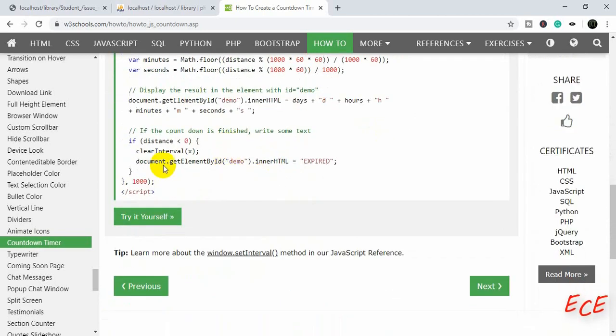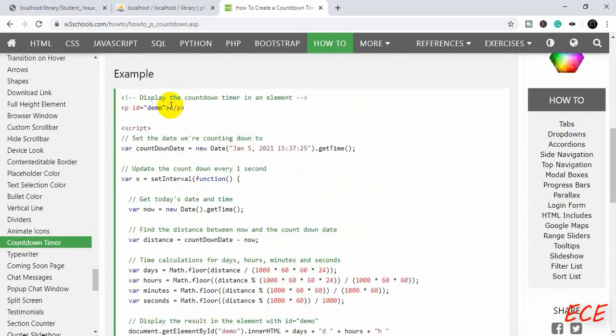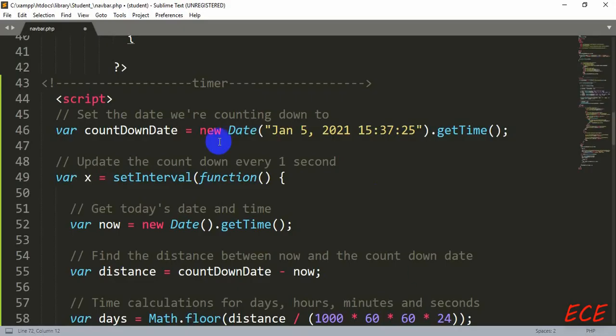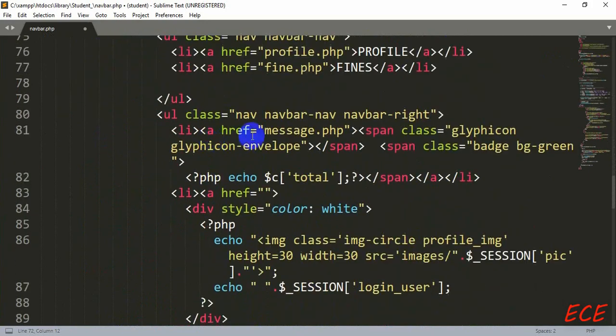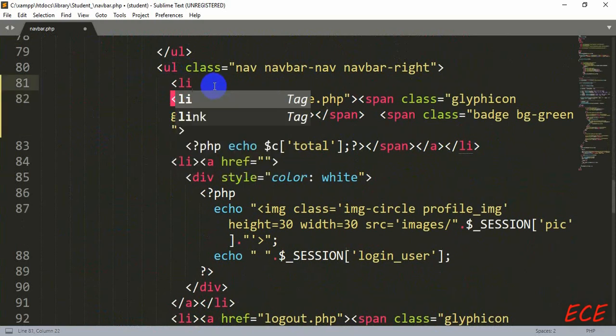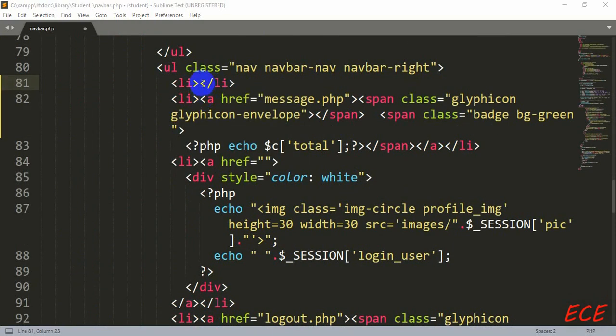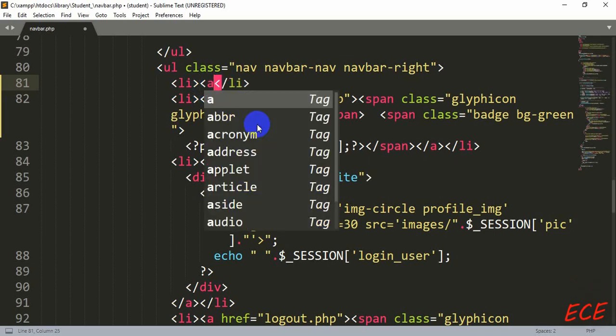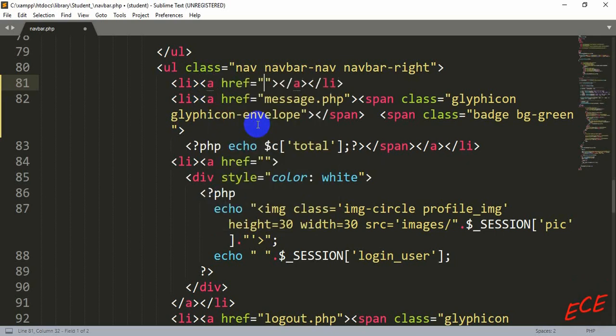So here you can see that they are using an ID called demo to show the time. So we will create that demo ID inside our navigation because we need to show this inside our navigation, right? So here before the message we will show this. So here we will create another list tag, and inside this our anchor tag, and we'll need the link here, so we will delete this link part, and then we will create another paragraph tag here,